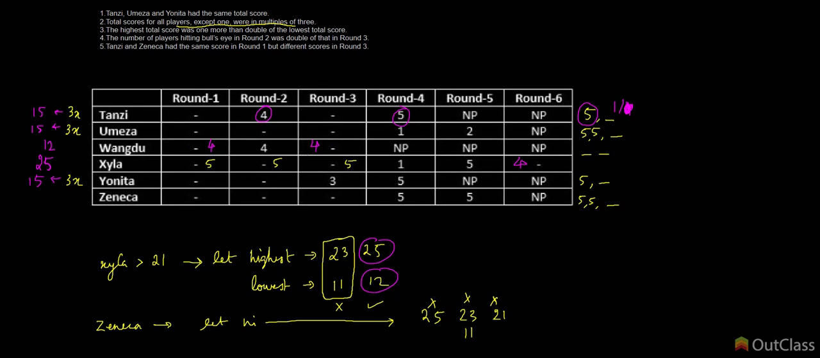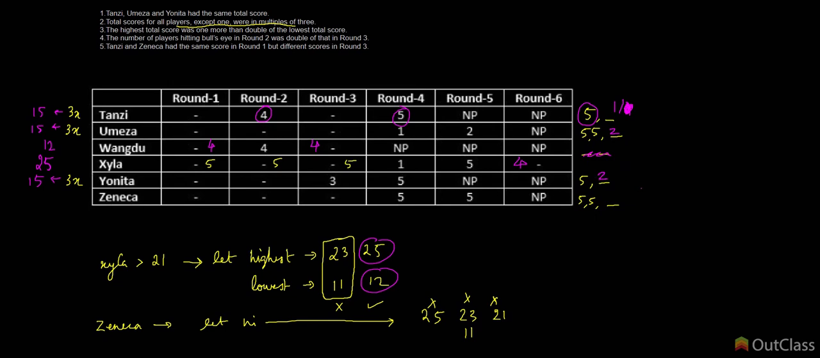So we fixed Wangdu entirely. Umeza's 15 contains 2 5s, a 2, and a 1 2. Wangdu's has been fixed completely. I am not going to bother with this. Zyla complete. Yonita has a sum of 15 as well, which requires a 5 and a 2 along with the